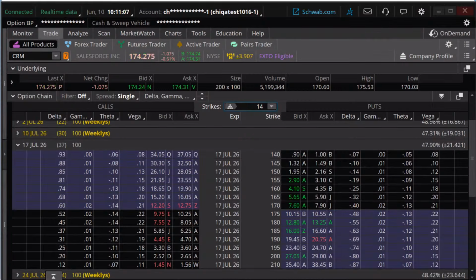Now, we identified the 165 by saying that was at a support level. We didn't think the stock was going to go below. Another way to consider is to use your delta, which tells you how much the option is going to move in relationship to a $1 move in the stock price. But it also gives you a general idea of the probability of the stock closing in the money. We don't want it to be in the money. We want it to be out of the money. We want the stock to stay above 165. In this case, it's telling us roughly a 32% chance.